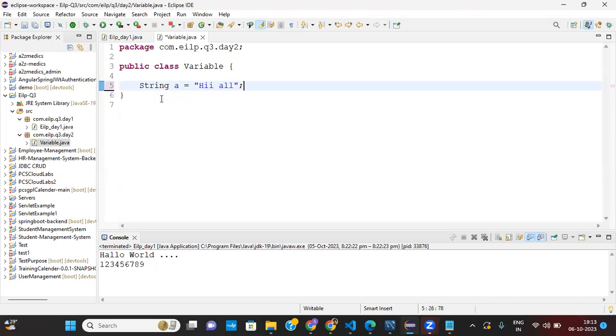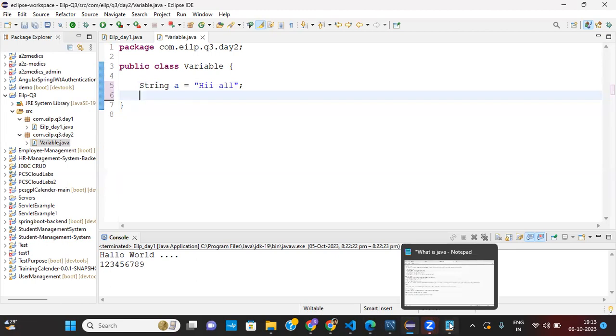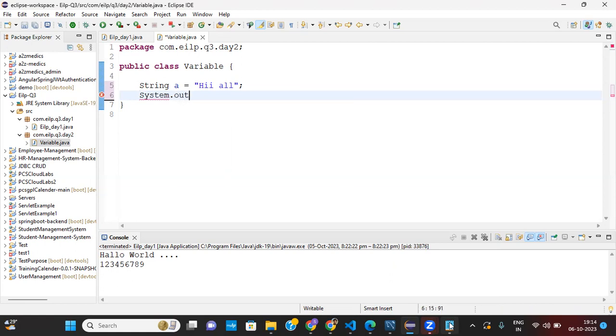Now let's try to print. What is the print function? There is a function, the print or output function. If we want to generate any output in the console, there is a statement: System.out.println. And this method is not being detected.